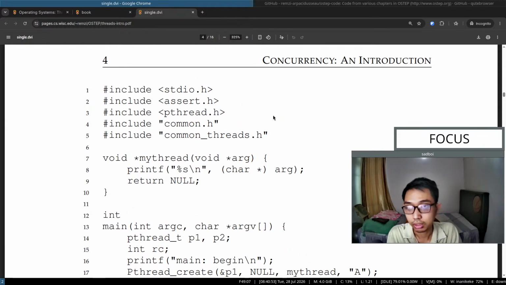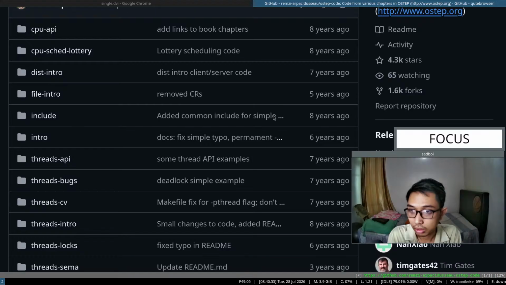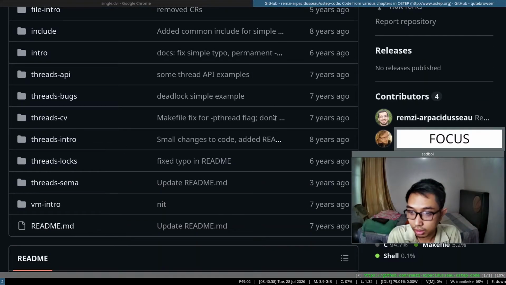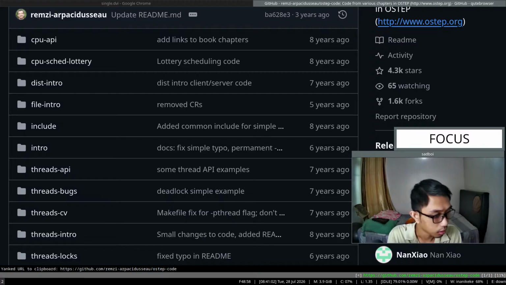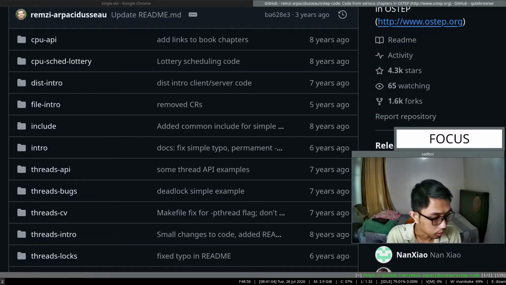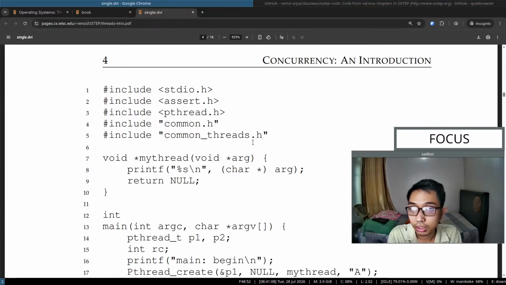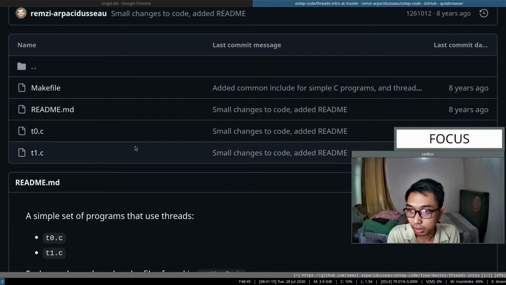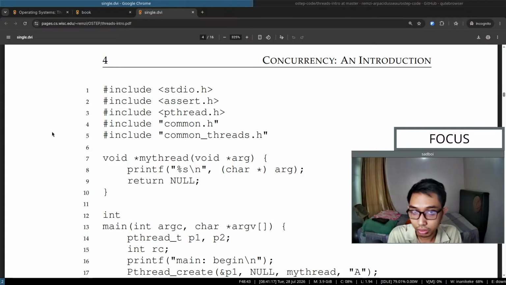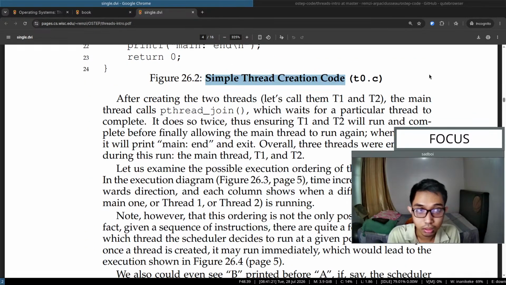T0.c. Okay, you can take a look at this in the description, I guess, or let me copy this in the chat in case anyone wants to take a look. Where is it? Threads intro. Okay, this one, I think T0.c, right? T0.c. Okay,